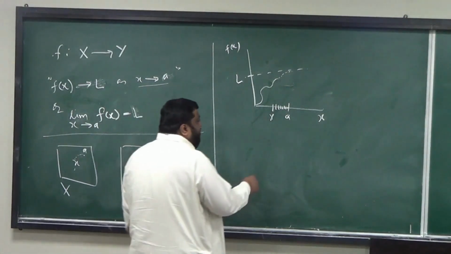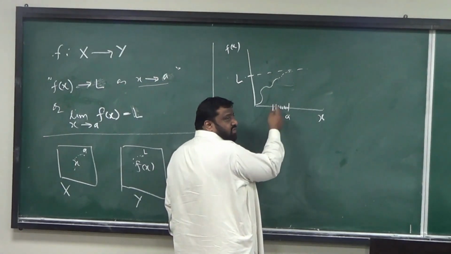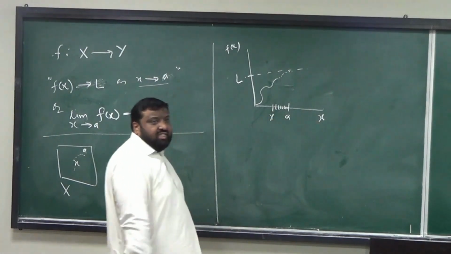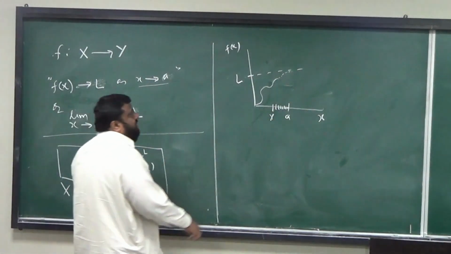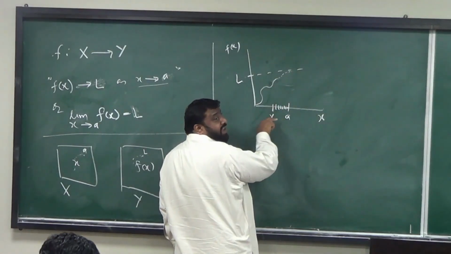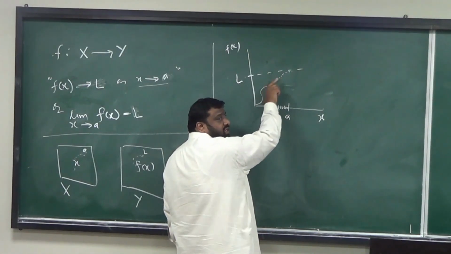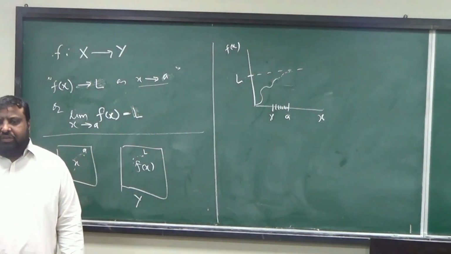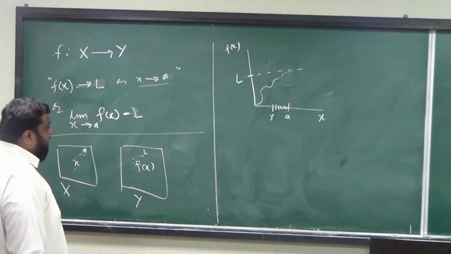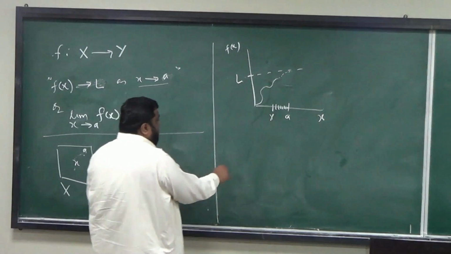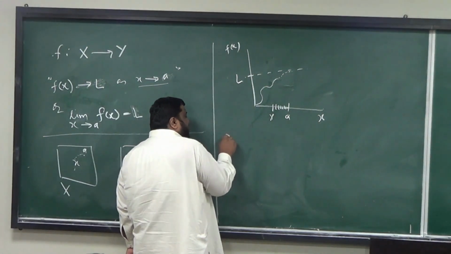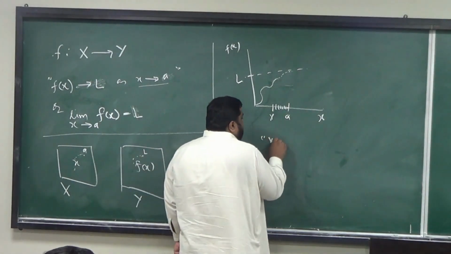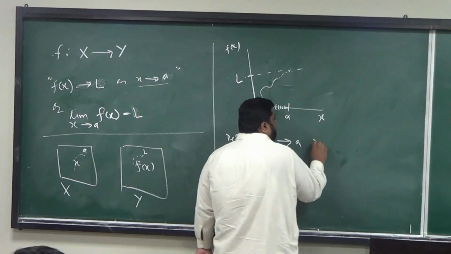One way obviously could be that, in some sense, we have a sequence which is getting closer to A. And as a result, f of that sequence is getting closer to what? A. Okay. That could potentially be one of the ways to define it. So how can I write this formally, roughly? So I'm going to say that x approaches A means